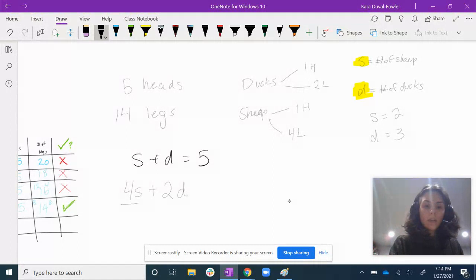We know that the legs from the sheep and the legs from the ducks have to equal 14. So these are our 2 equations that can describe the situation. S plus D equals 5 to describe the total number of heads, and 4